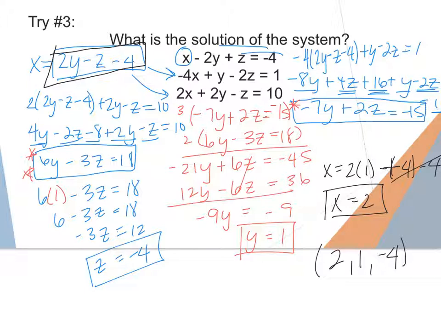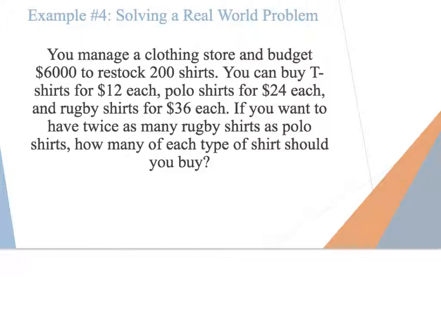All right, let's move on to our next example. In example 4, it says you manage a clothing store and budget $6,000 to restock 200 shirts. You buy t-shirts for $12 each, polo shirts for $24 each, and rugby shirts for $36 each. If you want to have twice as many rugby shirts as polo shirts, how many of each type of shirt